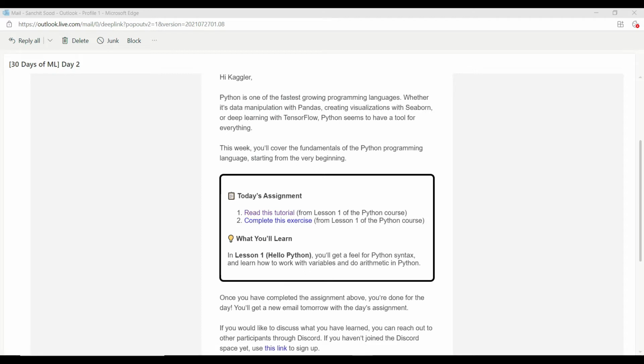In the email for day 2, you will receive two links as shown. The first will take us to the concept that we need to understand, and the second one will take us to the assignment. So let's begin with the concepts first. I'll be clicking on this read the tutorial link, and once I click this, it will open up a new link